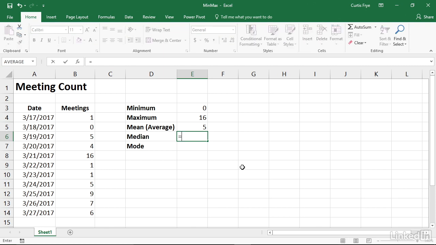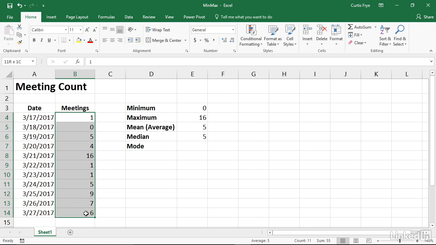So in E6, I'll type equal, MEDIAN, select my data cells, right parenthesis and Enter, and I see that the median value is 5. So the mean, that is the average, and also the median are the same in this case. And I can check that by selecting the cells that contain the data, and then on the Home tab of the ribbon, go to the Editing group, click the Sort and Filter button, and then click Sort Smallest to